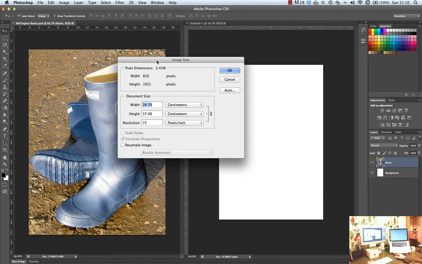So here you can see we've got a file size of 2.45 megabytes. The resolution here is 72 pixels per inch rather than 300 pixels per inch as in our A4 document. But the actual size of the image is 28.79 centimeters by 37.08 centimeters. Okay, so it can take a bit of time to develop a sense of what that means when you're dealing with different